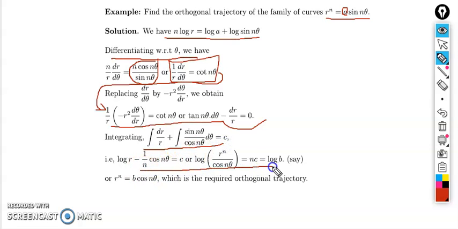which is the required solution of the orthogonal trajectory. Here we use some technique to represent the curve in a very fine way, so that it looks very nice. For that reason it is log r, sin n theta by cos n theta, that is 1 by n log sin n theta, equals c. Here we made a mistake in that result. This one should be